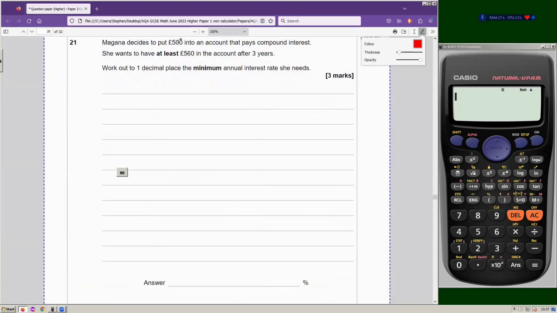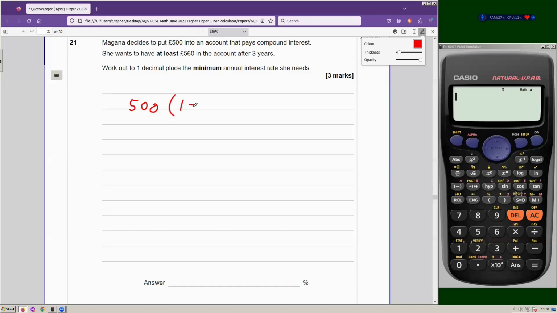Morgana decides to put £500 into an account that pays compound interest. She wants to have at least £560 in the account after 3 years. Work out to one decimal place the minimum annual interest rate she needs. Okay, after 3 years. Well, the formula for the compound interest is the amount of money she puts in,